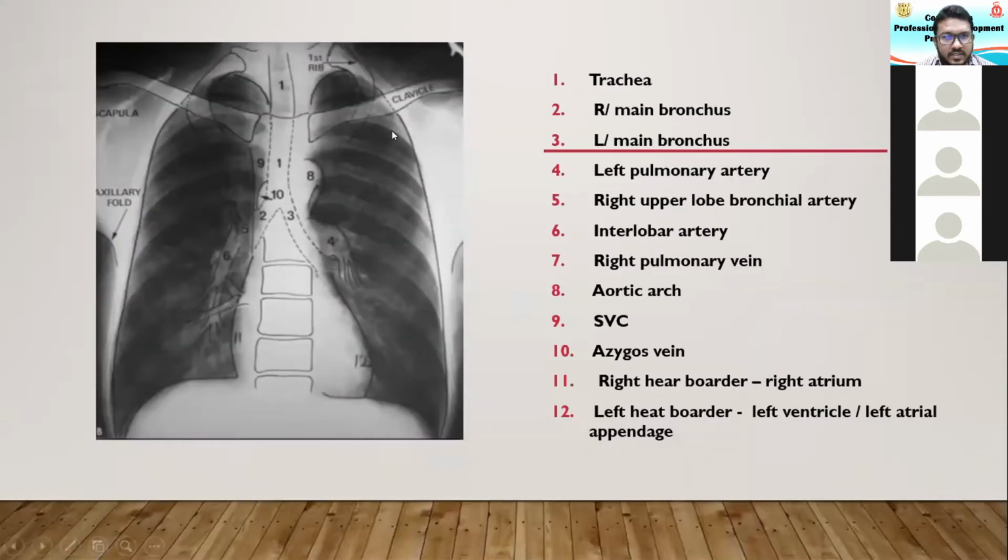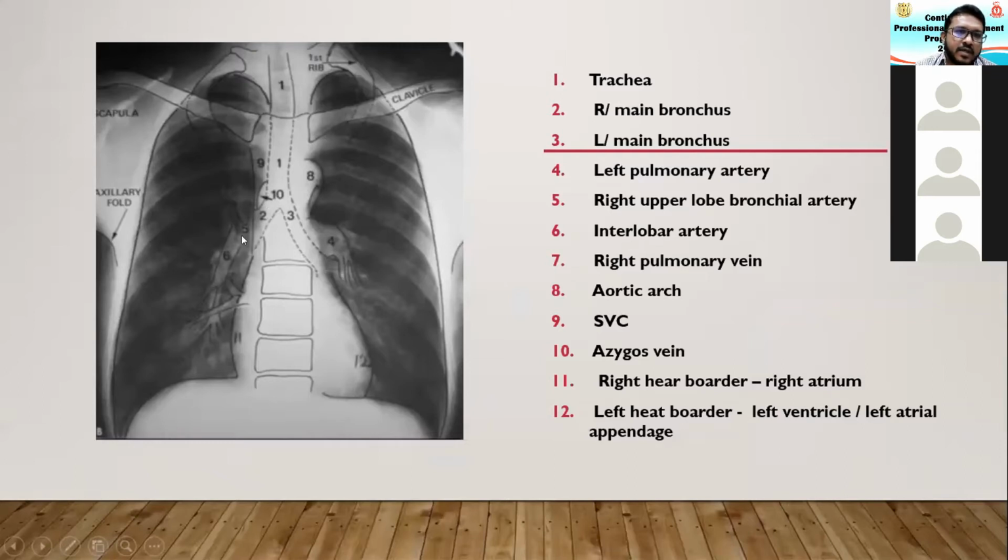So these are the things that you will be able to identify in an AP view. Number one is the trachea. It comes down and divides into right and left main bronchus. The right bronchus is straighter than the left. So in children and adults, if you have a foreign body going in, it's most likely going into the right